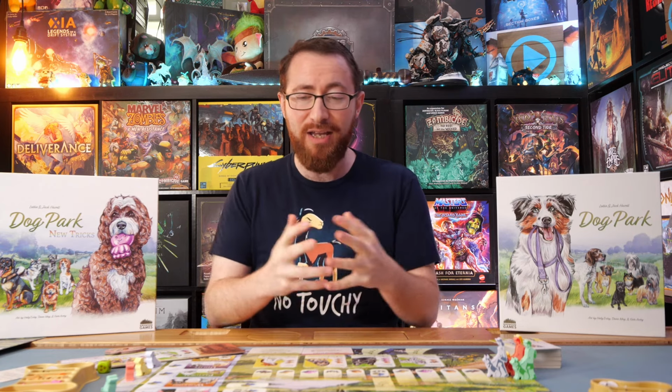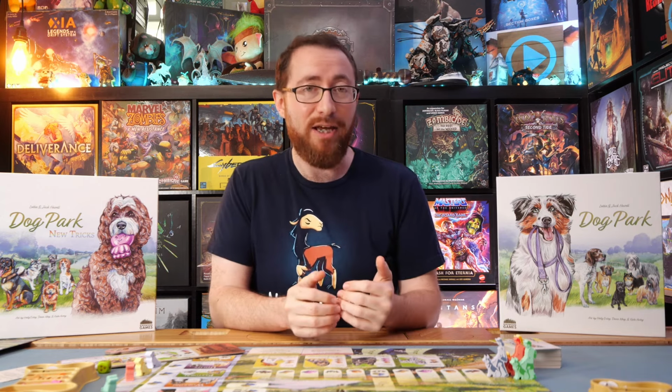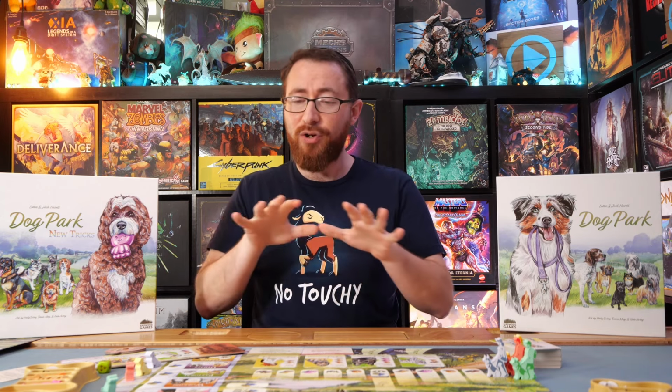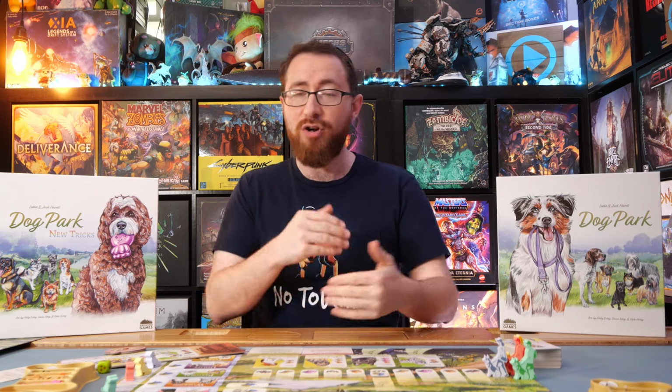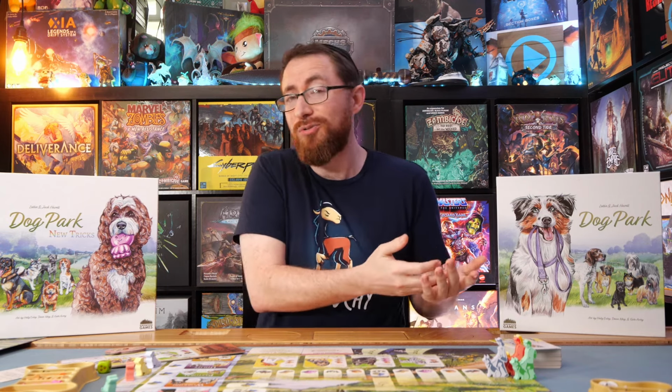As far as things I don't like in the game, there's really only one thing, and it's not really a thing I don't like so much as just the nature of the game. Dog Park is a lighter game. It's a lighter game despite the fact that there is definite decision space, especially around combining things and trying to eke out those points. It does fall a bit on the lighter side, and it's also worth noting